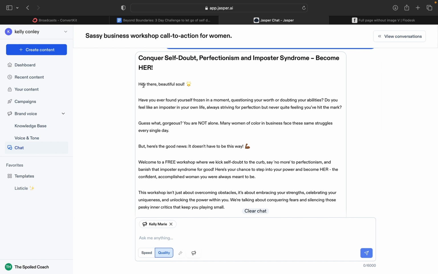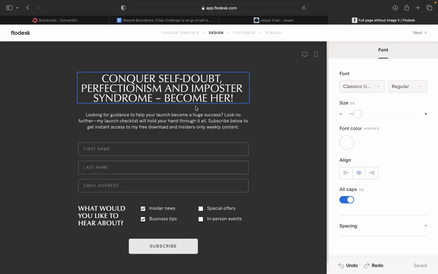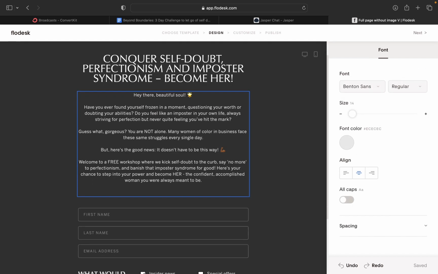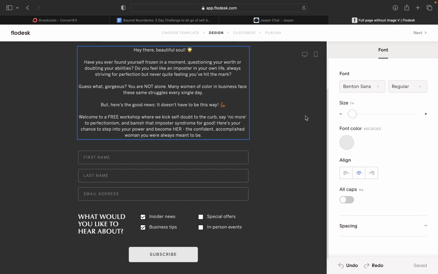Let's see. I like all of this writing. Can I take all of the writing? Is it going to be too much writing? Oh, it's so much writing. Oh, maybe I can,